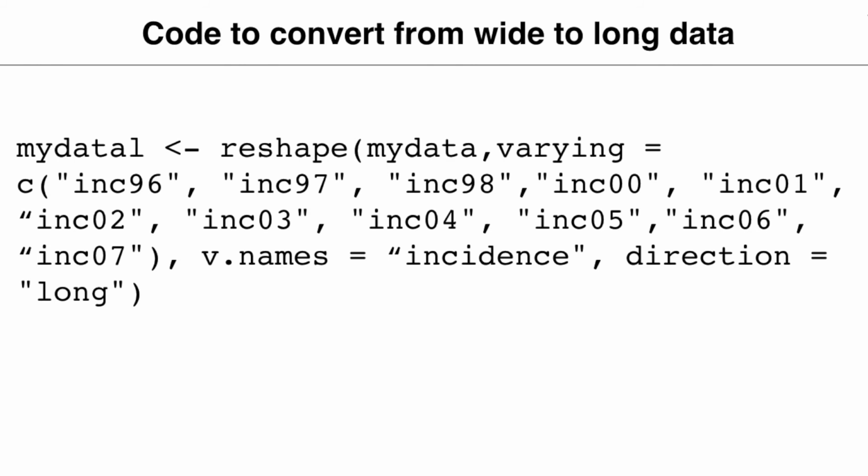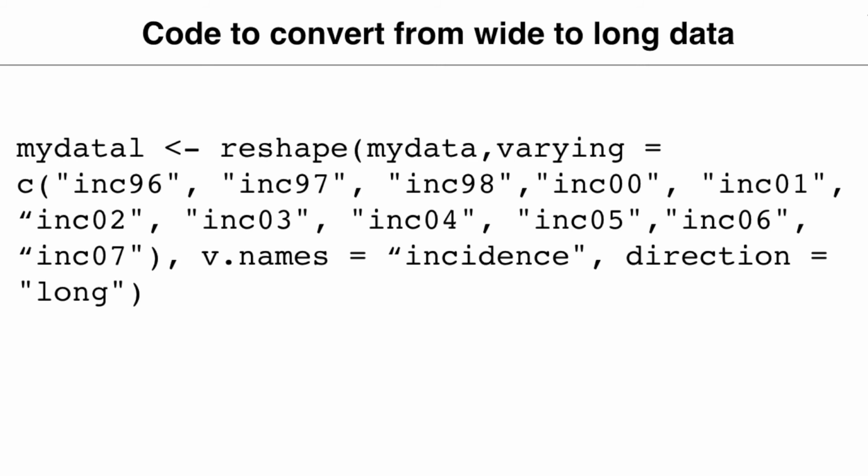And we have decided to convert from wide data into a long format, so we said the direction is going to be long. Similarly, if you had to convert long data into a wide format, you'd reverse these instructions. So in this case, the v.names would change and the varying would be the incidence. Now,